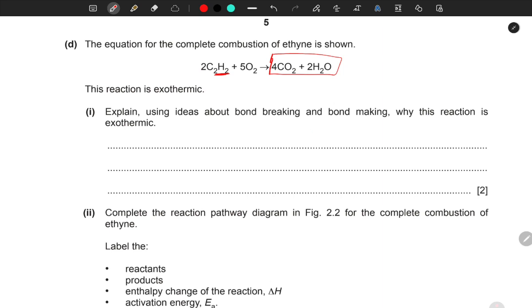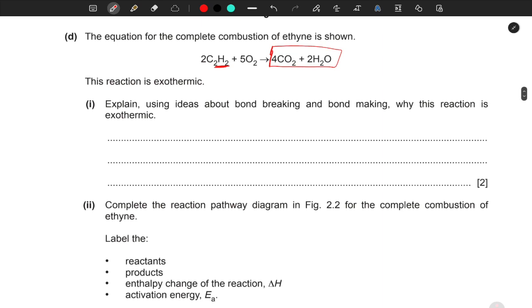So this reaction is exothermic because something is being formed. So usually bond breaking is associated with the endo, while bond making is associated with the exo. That's why here we are saying energy